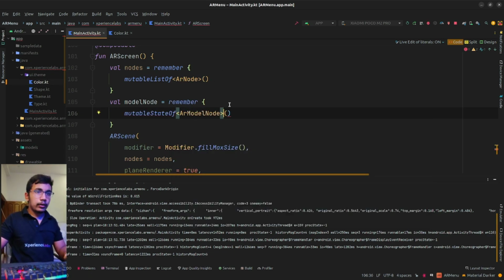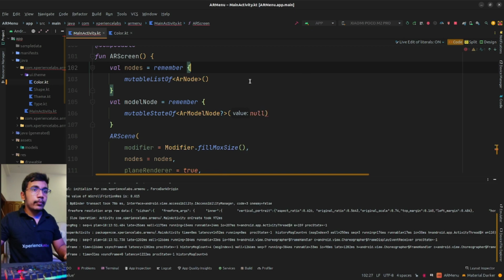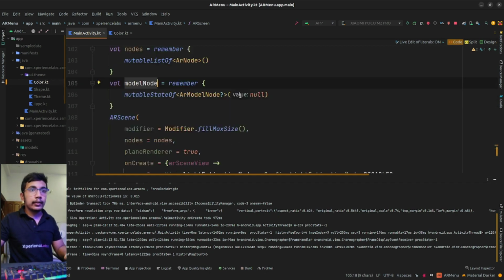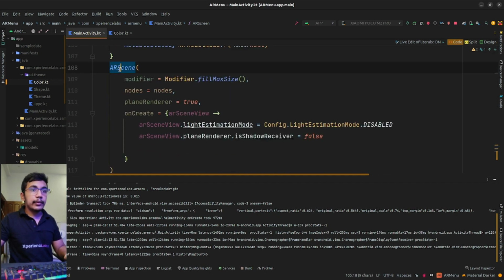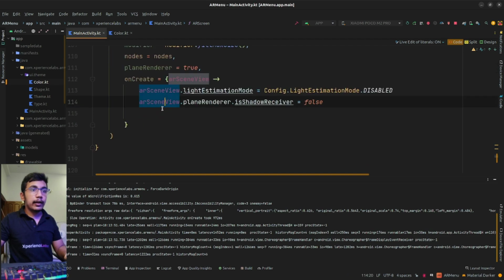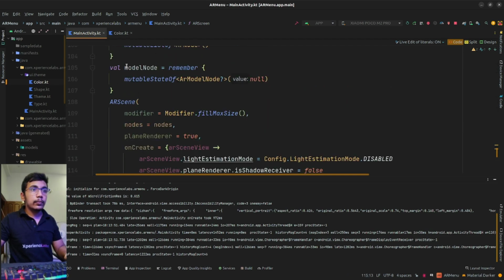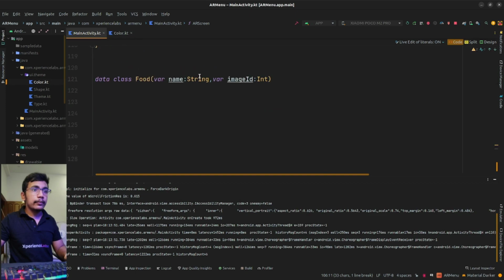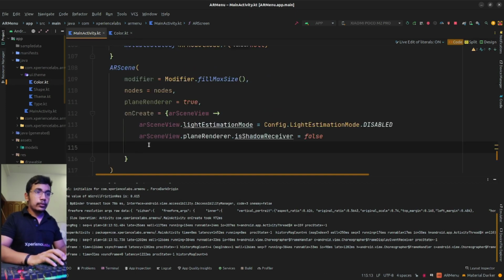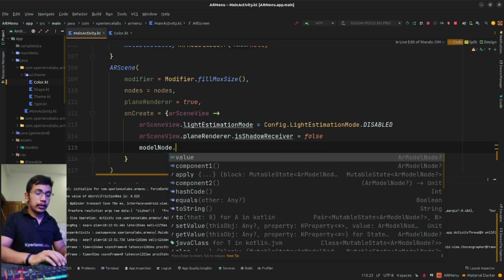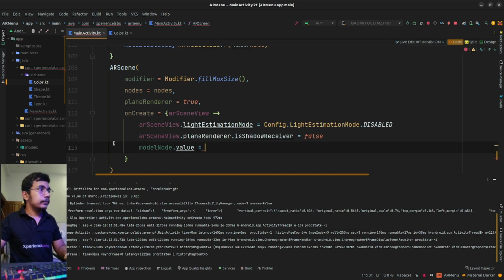And for now I will assign null to it, because I want to change the model node on the button click, and when this AR scene has been rendered, then we will provide a value of this model node. Okay, so model node dot value will be